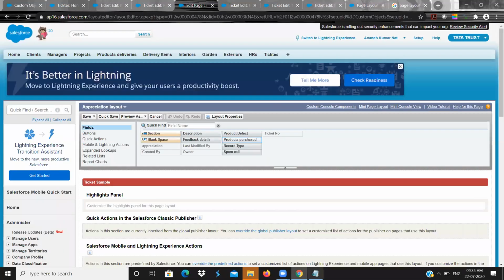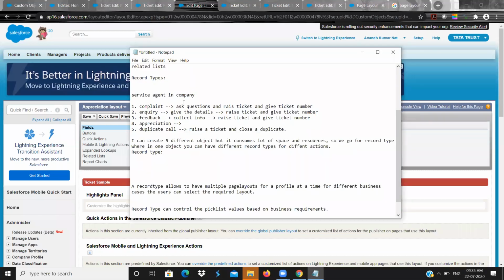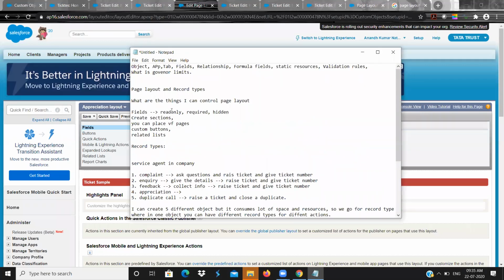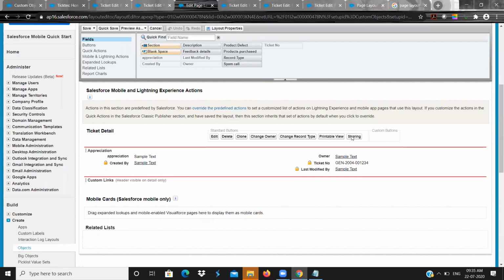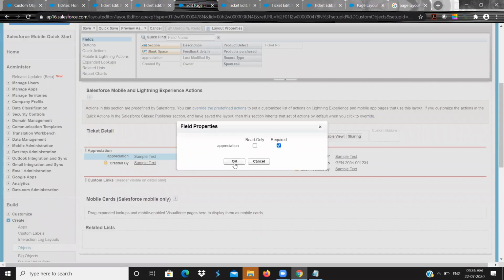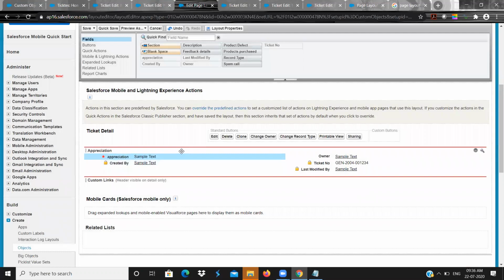You know that a page layout can make a field read only, required, or hidden. So you make this appreciation required in the properties. This star indicates it is a required field.